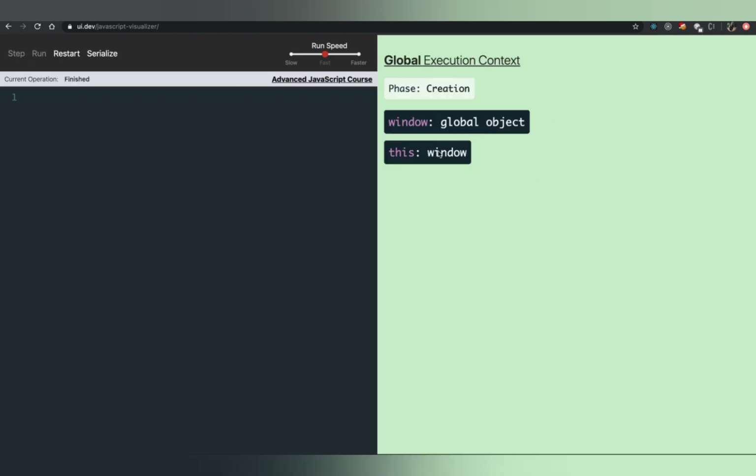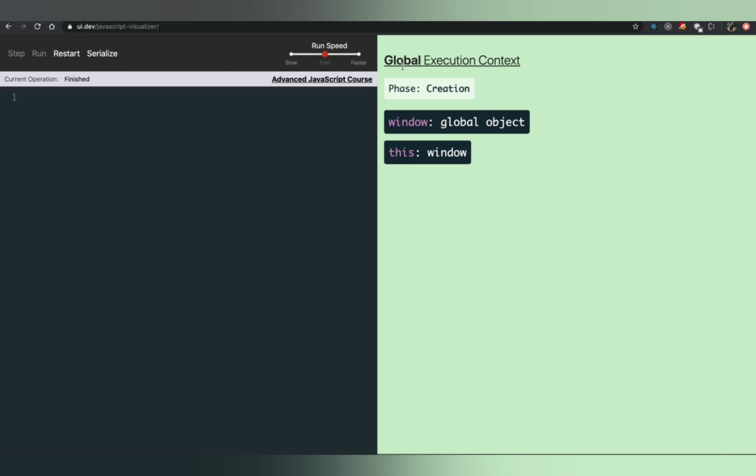If you see, there is something called global execution context which is created. Even though you don't have any code written, this global execution context is created. Now what is this global execution context? Think of this global execution context like a big box, and any code that you write will be executed inside of this global execution context. Therefore, global execution context remains throughout the execution of your program.